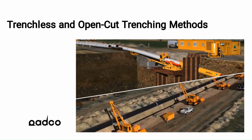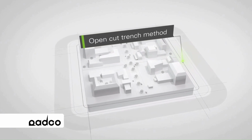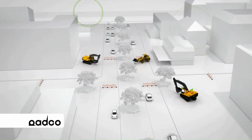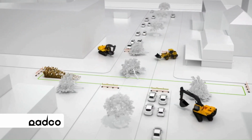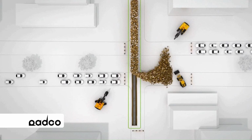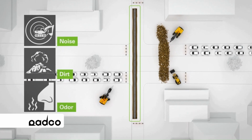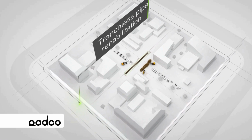The main benefits of trenchless tunneling technology compared to open-cut trenching are: minimum impact on the environment, minimum damage to the seabed, no deterioration of seawater quality, fewer emissions, minimum impact on existing infrastructure, realization in densely built-up urban areas possible, no disturbance to tourism, no limitation on shipping traffic, longer lifetime of the pipeline, less risk of subsidence, higher